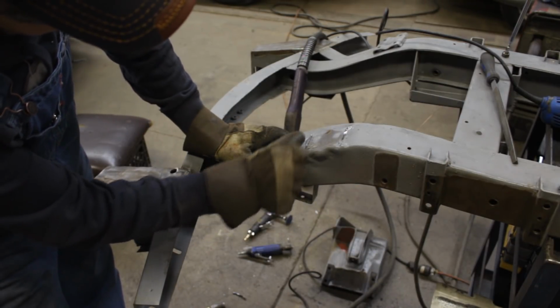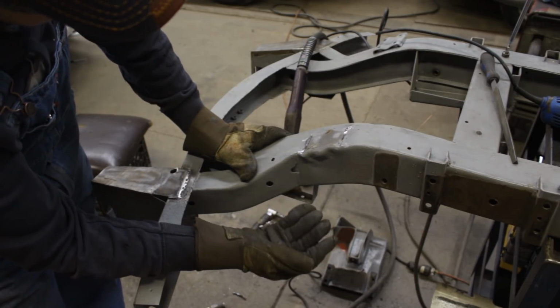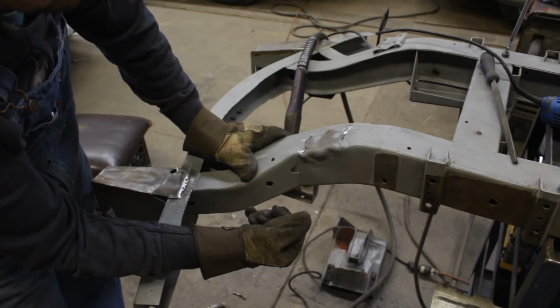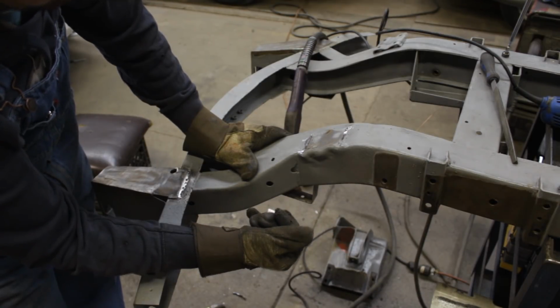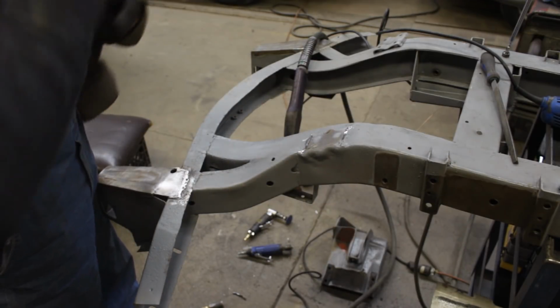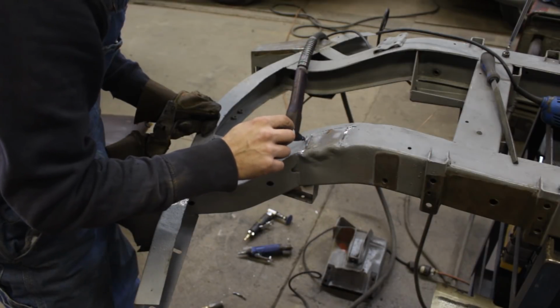I'm really tempted to cut this whole piece out, straighten it with the hammer and weld it back. Should I? What do you think, guys? Because if I cut like this, let's say like this,